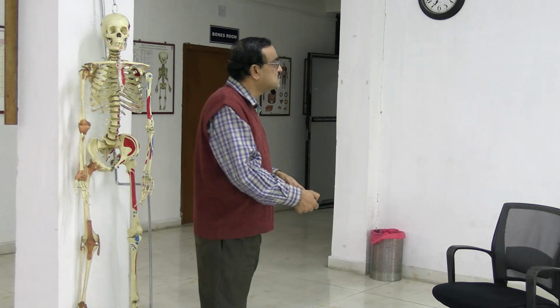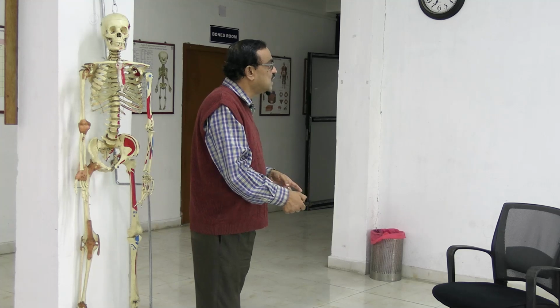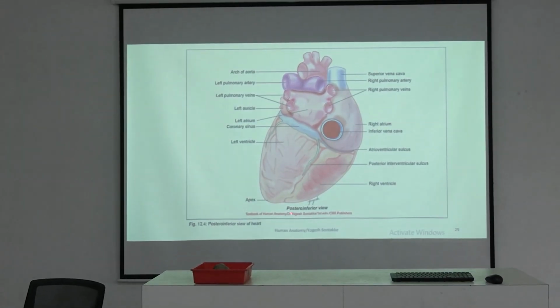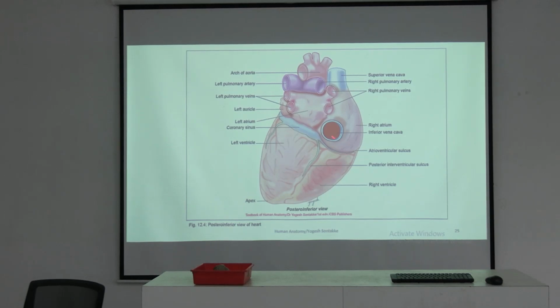So this surface as a whole is called the inferior surface, or the diaphragmatic surface, which is contributed majorly by the left ventricle, 2/3 by the left ventricle, 1/3 by the right ventricle. Okay, and here we are getting the posterior part of the atrioventricular groove, where we can find a major